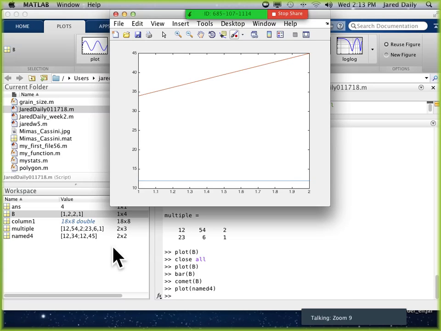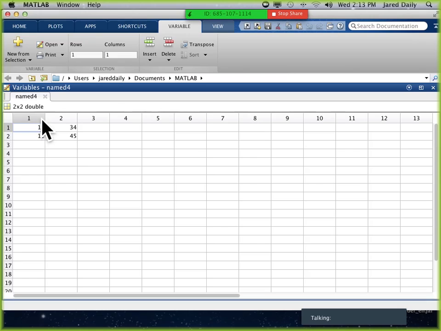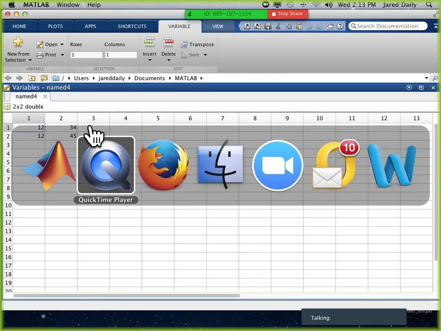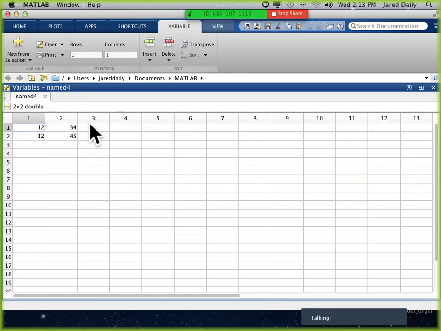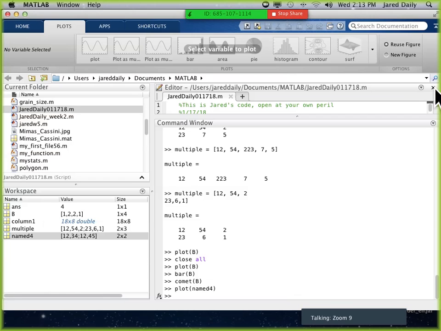So apparently it plotted each row separately. This is one of the rows, and this is the other row. 12 and 45, 12, no, actually it plotted each column separately. Let's open named really quick. So it plotted the first column, and then the second column is what it did in each row. Oh, I did the wrong thing. There we go. So plot is a function that MATLAB has and MATLAB can deal with, but